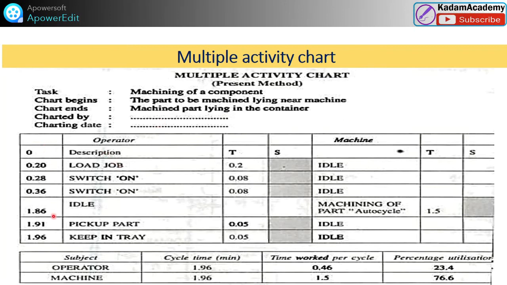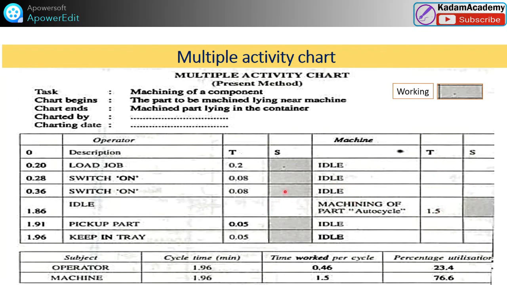So see, these are the columns shown to you. Here time is represented for the operator with the description of the operator, and this is the time, how much time is actually taken, and when the machine or operator is working it is represented by this dark portion. When it is working, it is represented by the dark portion or hatching, and when there is a blank portion, that is idle. The operator column has time and their position. Similarly for the machine: idle, the description and the time required.